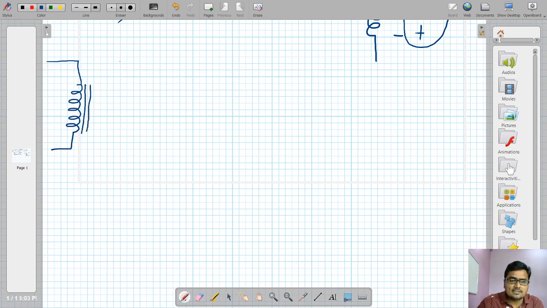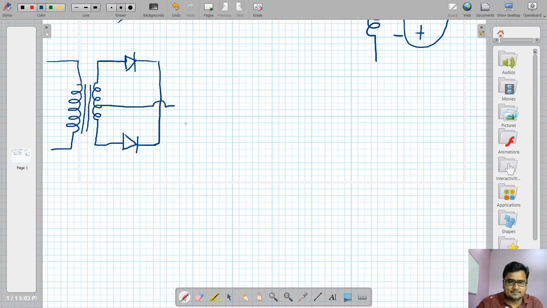You can draw the circuit diagram of any filter with a bridge rectifier also. Because I have explained the operation and analysis with respect to the center tap rectifier, here also, just to keep similarity, I am drawing this center tap rectifier. Look at this, a center tapping is there, a load resistor is connected, and then I need to add a filter into the circuit.